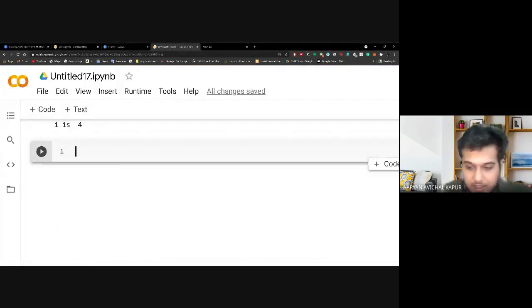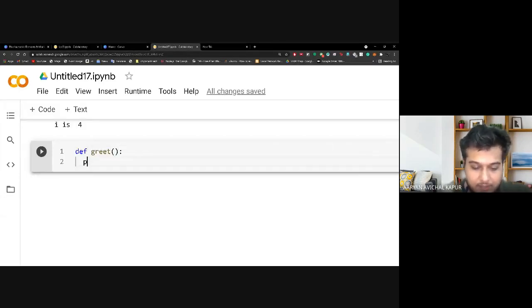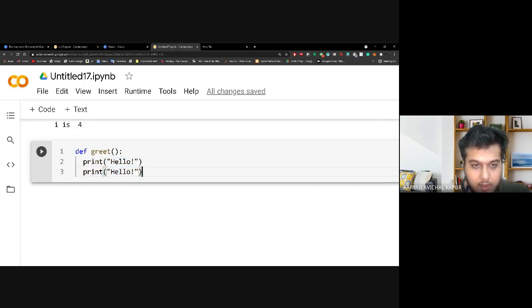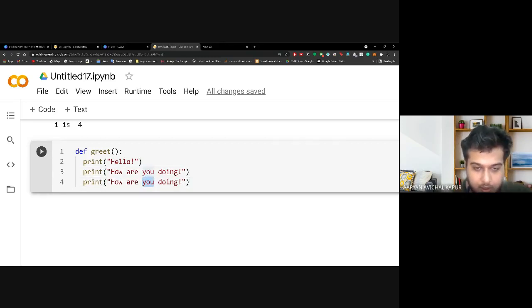So let's say I name a function def greet. What this function does is that every time it sees anyone, it simply says hello, and it also says how are you doing, and also how is everything, right?